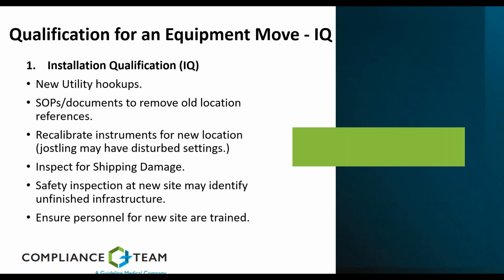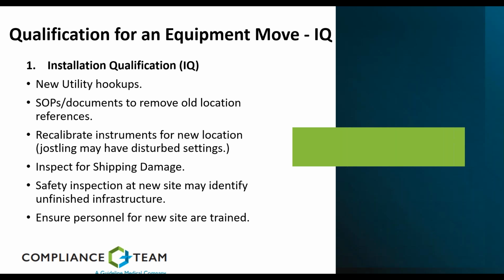But when you do these IQs and you've done your risk assessment, you will have also identified those things that you can eliminate from your IQ checklist. You can potentially eliminate the need for new manuals. You have the old manuals for your equipment; you don't need new ones. You can eliminate the need for drawings, assuming it's a drawing of the piece of equipment. There are things that you can eliminate and say, we accept that. We're only going to qualify the things that change with this equipment. And that's where you do this in your IQ.